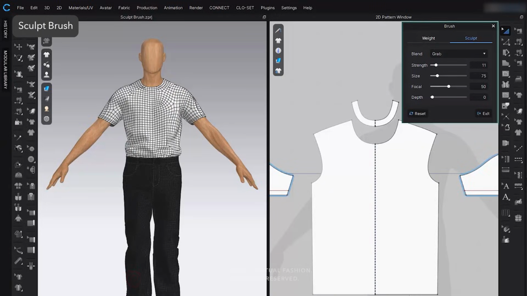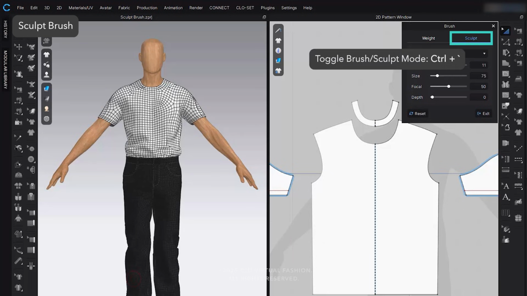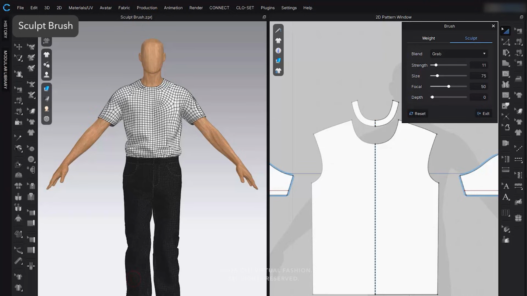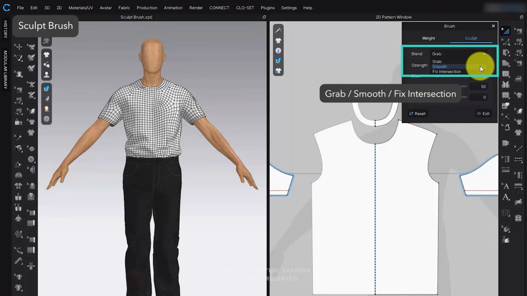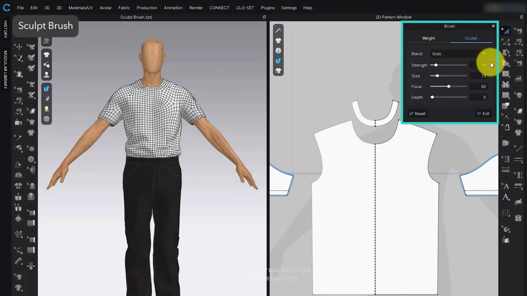Sculpt Brush. Next is the Sculpt Brush. You can switch to brush mode by pressing the shortcut Ctrl+Grave Accent. If the garment is pierced or overlapping, you can use the Sculpt Brush to directly adjust its shape. The Sculpt Brush has 3 blend modes: Grab, Smooth and Fix Intersection, which can be switched using Ctrl+Tab. Additionally, the brush properties are the same as those for the weight brush, allowing you to adjust strength, size, focal,